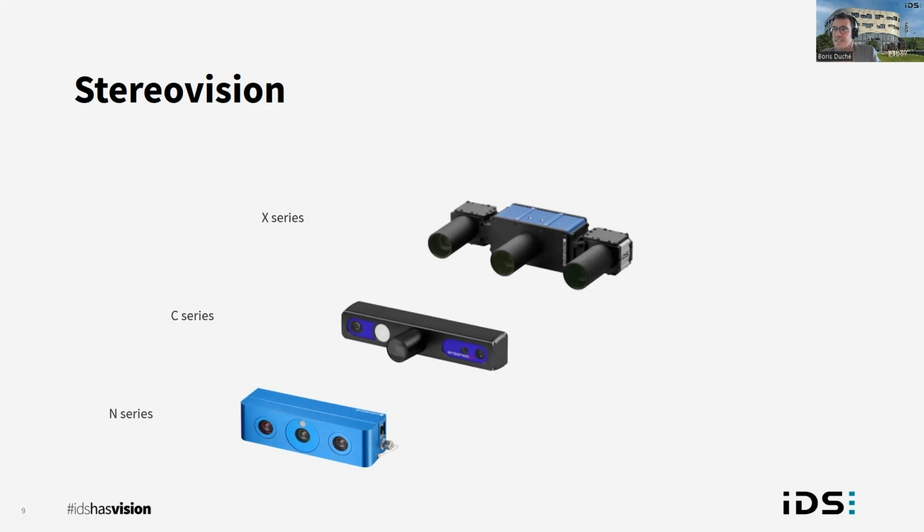Most of the camera families that we have in the Sensor product line operate according to the same principle, even though they have different form factors. So for each of these cameras, you have two monochrome sensors on the side, and you have a projector unit in the middle.